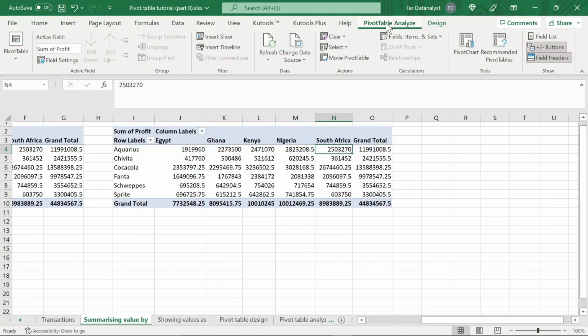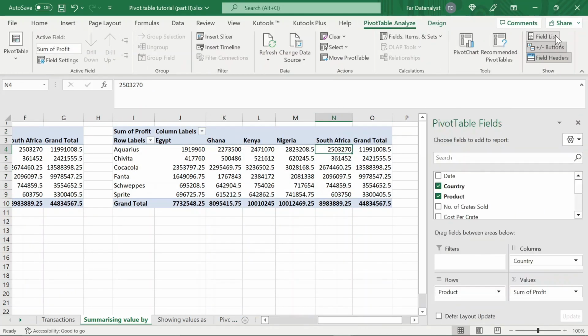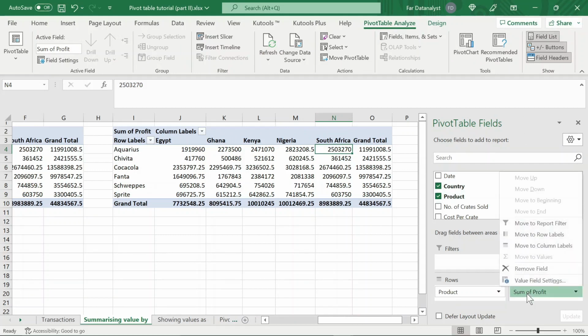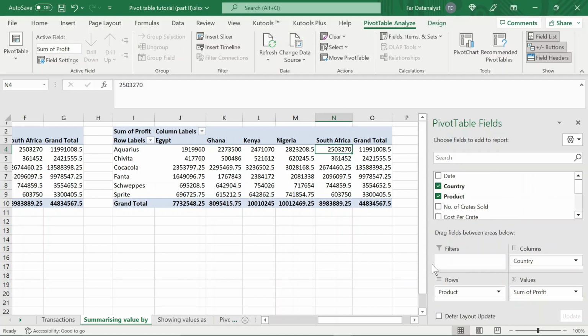Come back to pivot table analyze, then bring out your field list. Now you can see I have my field list back. So I just take out some, I should just leave this like this. So the next thing I want to do is I want to see the total number of transactions for every